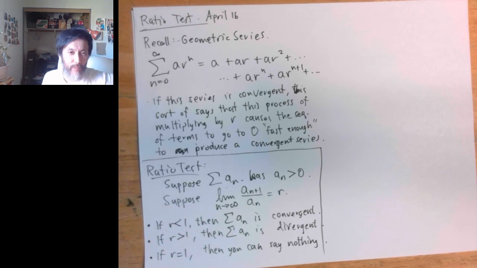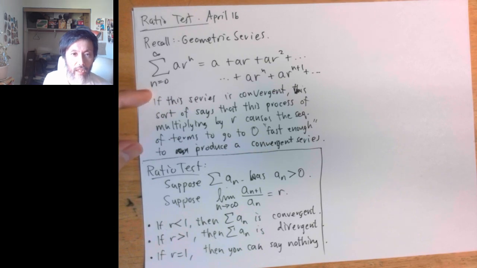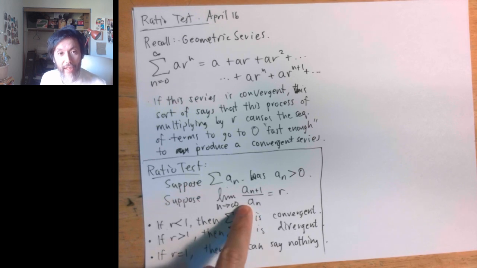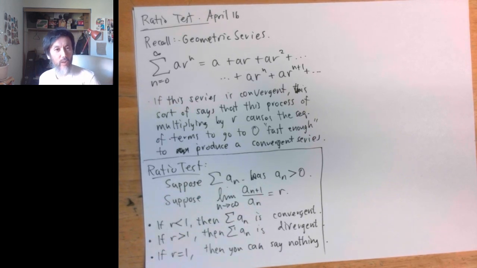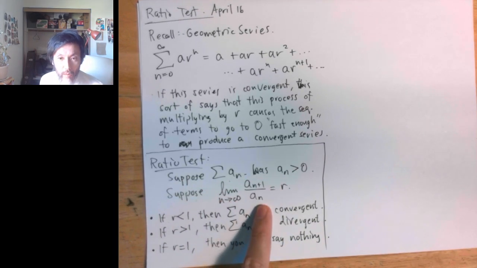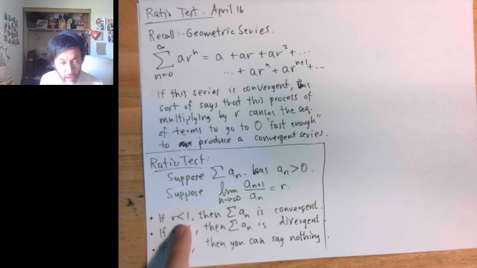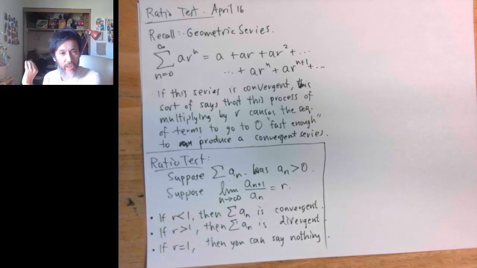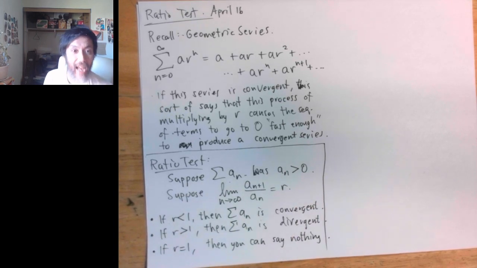Okay, so the ratio test is pretty sweet, right? It is a generalization of the idea that subsequent multiplication by a number r which is less than 1 is sufficient to guarantee a convergent series. This condition says the same thing in a slightly more general way: if the limit of a sub n plus 1 over a sub n is equal to r, and r is less than 1, then it feels like to get subsequent terms, we multiply by this number r. Now, not exactly,